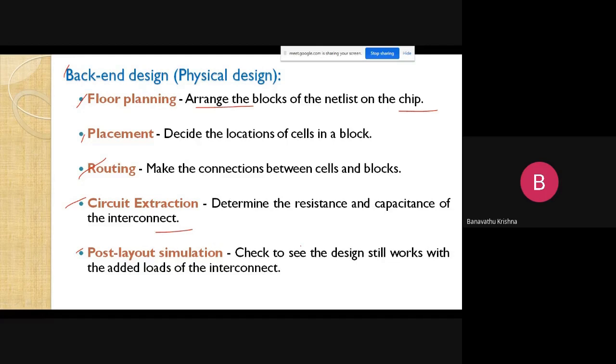Whatever we have developed here, that is the backend design, it is going to be simulated to see whether it is performing properly and functioning according to our requirement or not. Okay, to check the design still works with the added loads of the interconnects. If it is okay, then it is finished, right? This is the VLSI design flow.